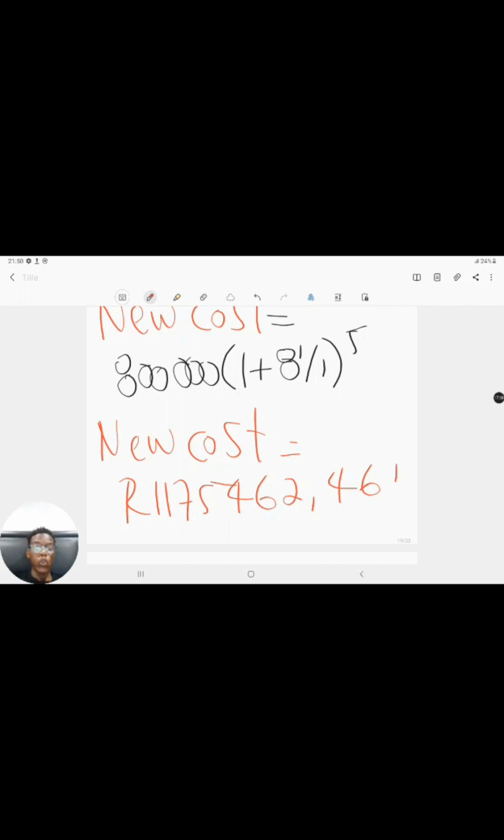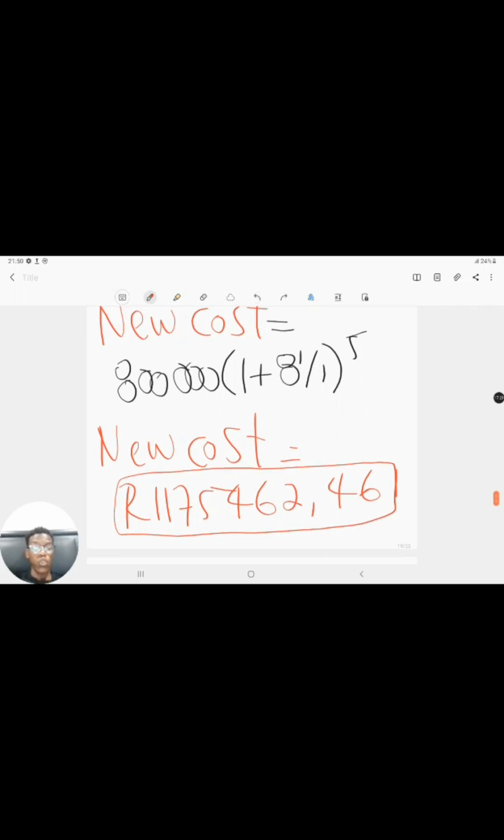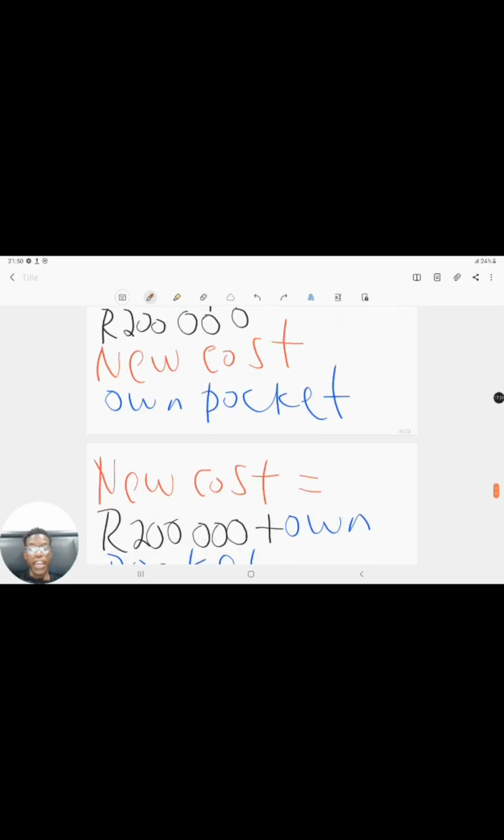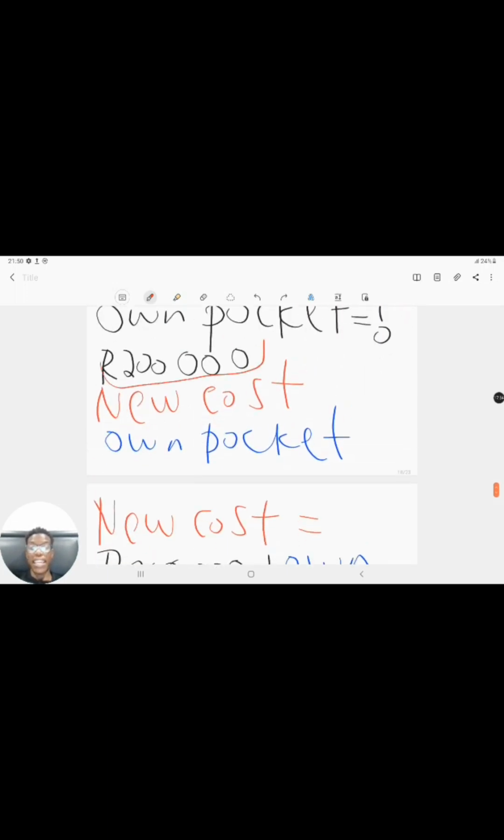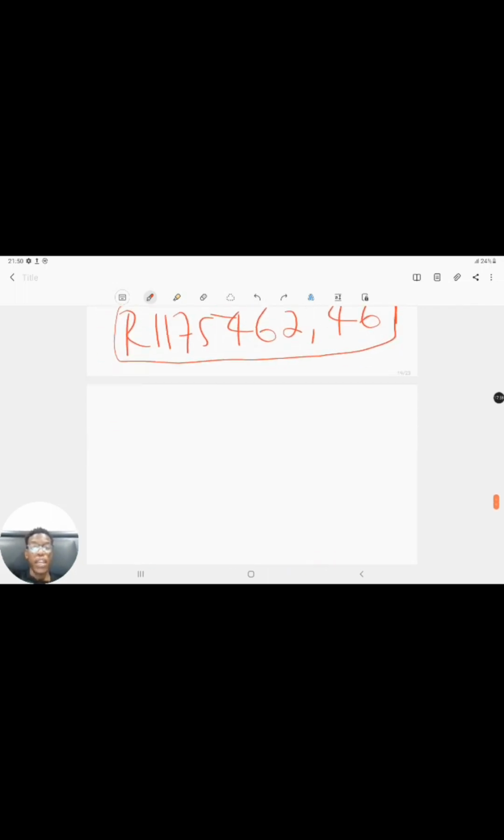This is how much the new tractor will cost in 5 years, right? So he needs to have a total amount of 1,175,462 rands and 46 cents in 5 years. But a portion of this total amount will be catered for by the 200,000. Remember, he's going to have 200,000 that he gets from selling his current tractor. So we can subtract this 200,000 from that value and then get how much he will have to contribute from